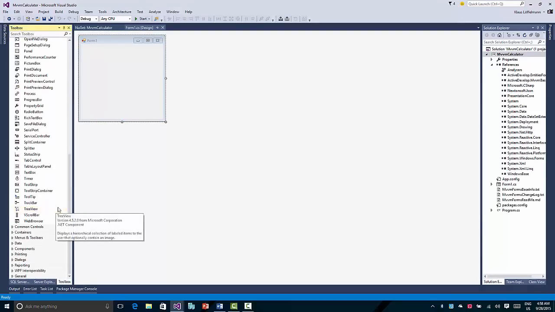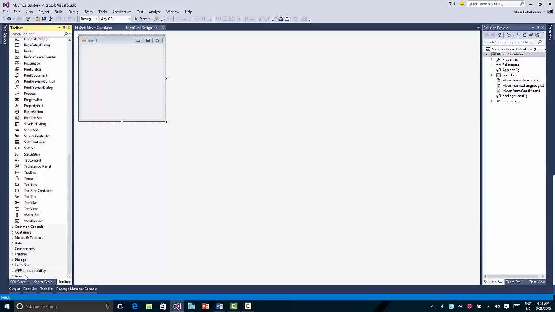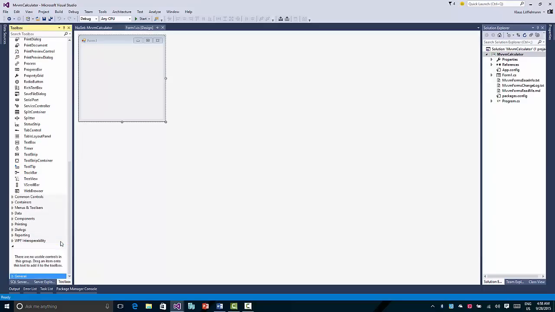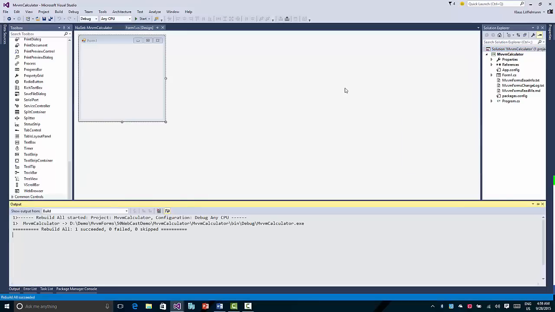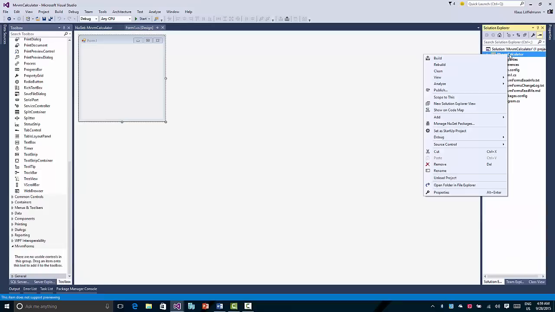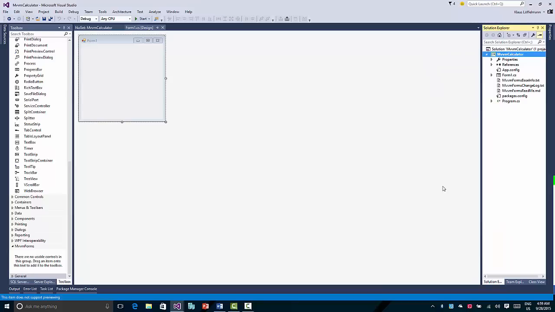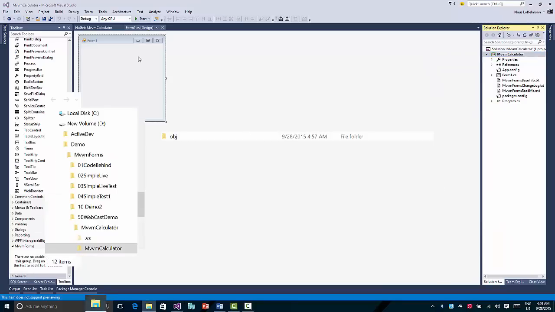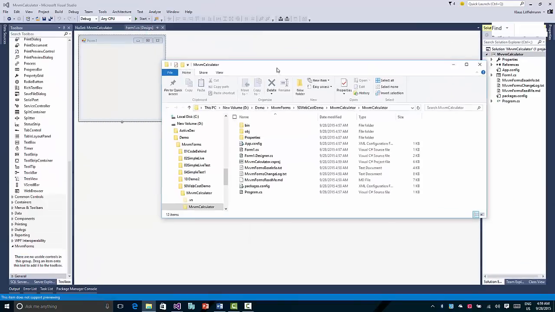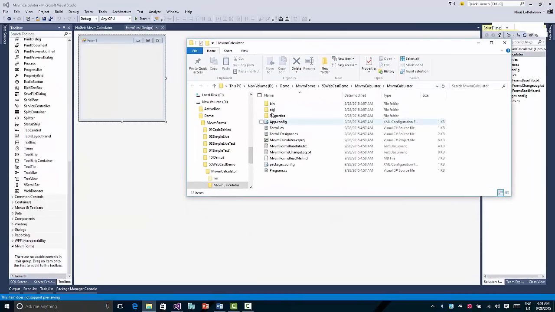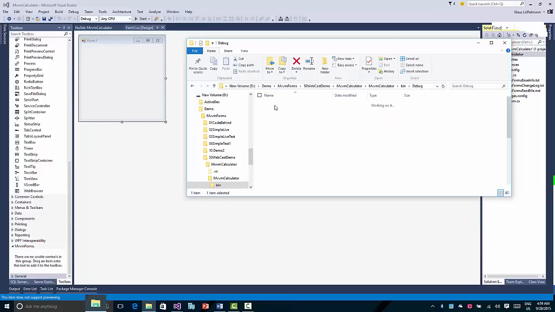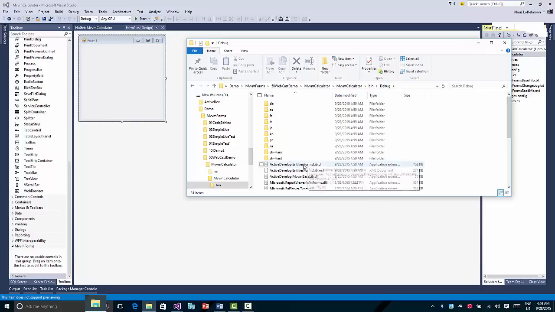In fact, what I have to do, or what I can do, is actually create a new tab here. And this one I'm calling MvvmForms. So, and now I'm going to compile this solution, and the compiler creates the bin files in the project folder, and I'm going to open this folder in the Explorer now. Well, that landed on the other screen. Let me just put it here. So, and if I now go to the bin file and the debug folder, I'm getting the main MvvmForms DLL here,